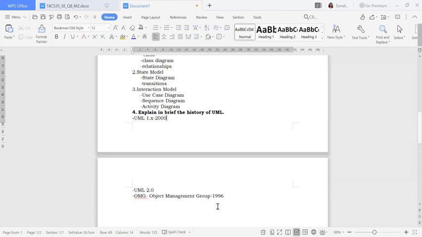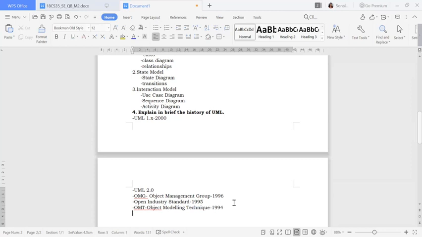And who developed these things and all. If you want to write all these things, you can write about the open industry standard. Okay, about the open industry standard, and it came in the year 1995. Fine. If you want to add some of the things which came in 1994, that is OMT, that is nothing but Object Modeling Technique. Okay, so this came in 1994.